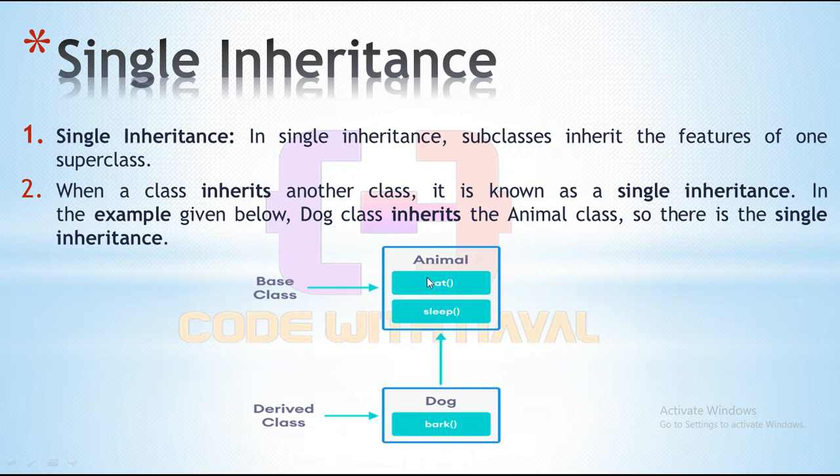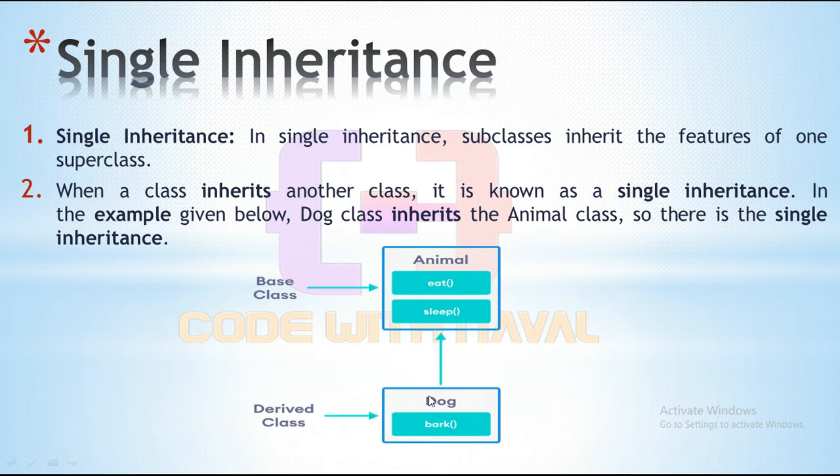Animal already has eat and sleep. Dog has the behavior eat and sleep, and every animal has that behavior: they need to eat and they need to sleep. That's a common thing. Every animal does that. When they are hungry they eat, when they are tired they sleep, and those are the two common things. But dog only has bark. When somebody comes to your home, an unknown person, then the dog immediately starts barking. Dog only has that feature, bark. We can say it is a behavior.